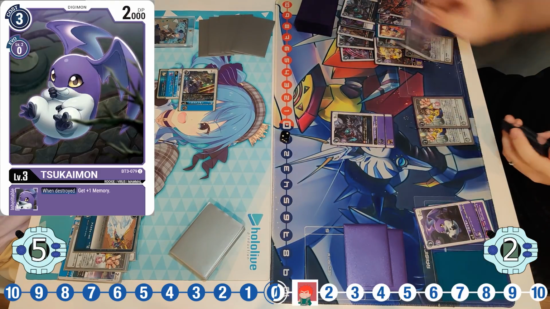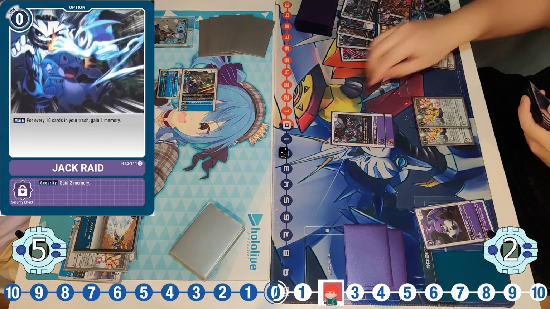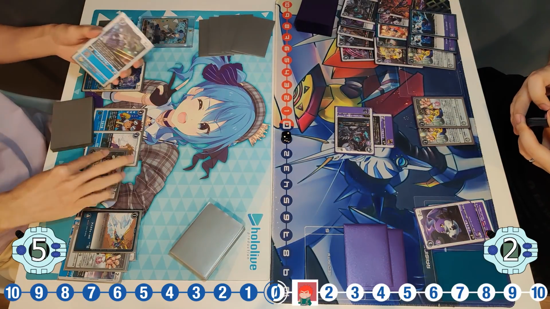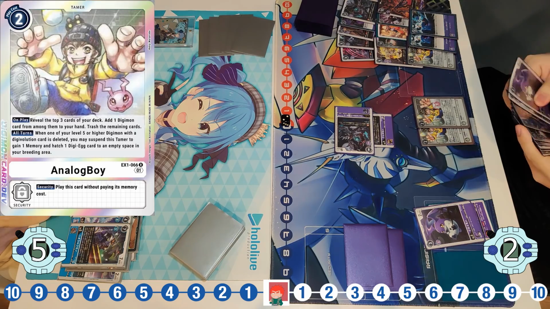does want to do a lot of things in that one turn, mainly swinging the Digimons. And if you do have Ice Wall, you're actually basically choking the purple player from doing much. And we do see the werewolf actually swing at the Werewolfmon because it does have 9k DP. Unfortunately, because we do have the Ice Wall and the Analog Boy, we do lose 3 memory in the process,